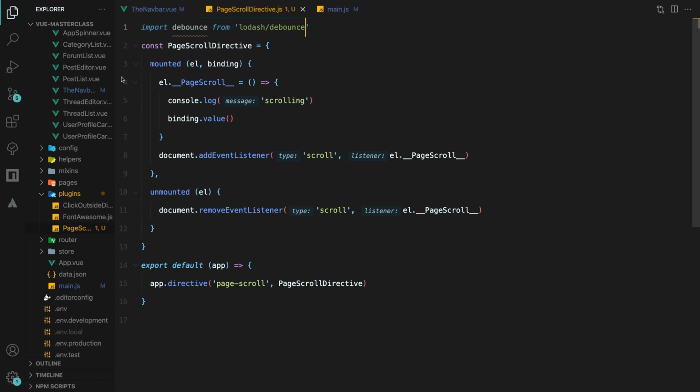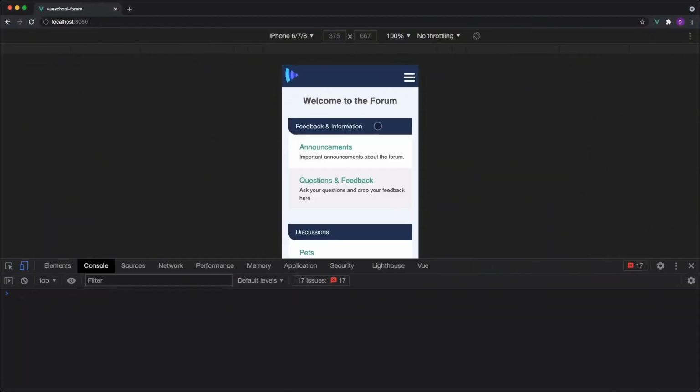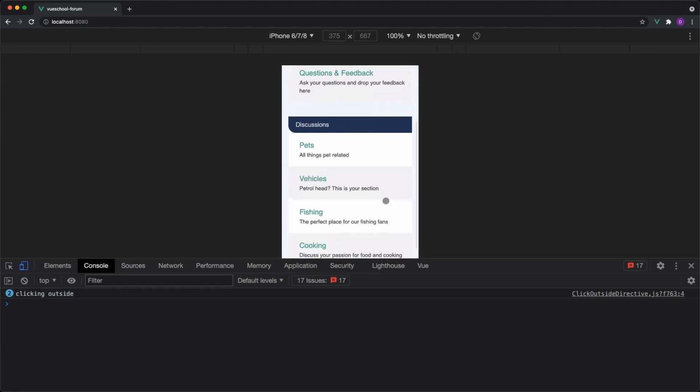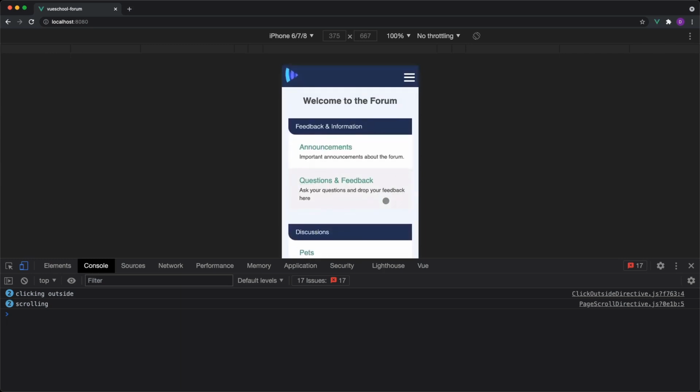Now, to use it, we provide the function we want to debounce as the first argument, and the time frame in milliseconds as the second argument. Cool. Now let's see how often it fires. Nice, only one time. And when we scroll back up to the top, you can see that the nav is closed. I don't like, though, how the nav didn't disappear right away.